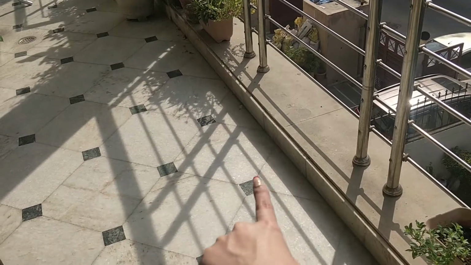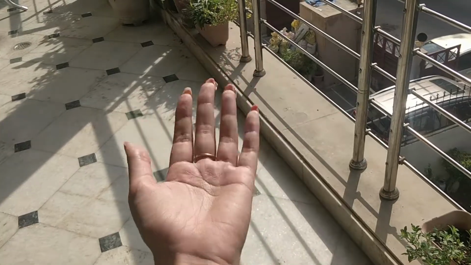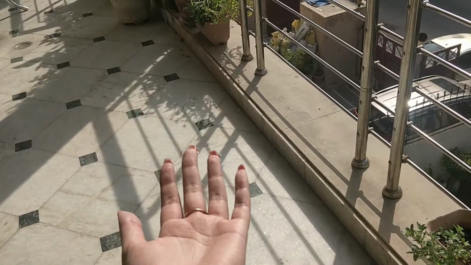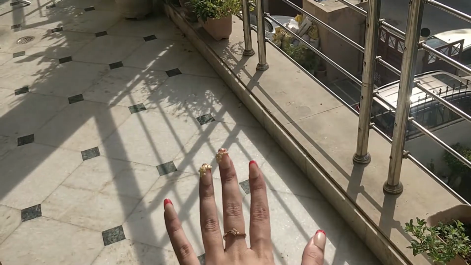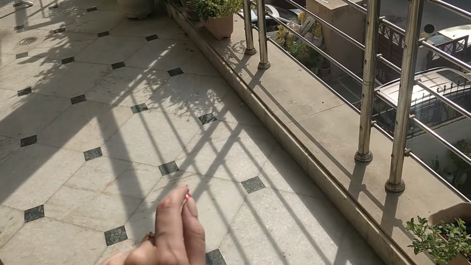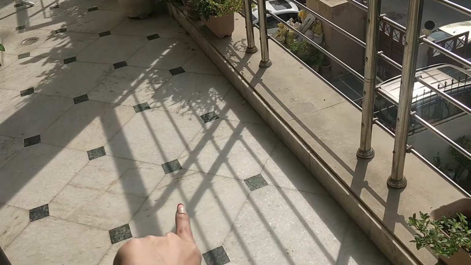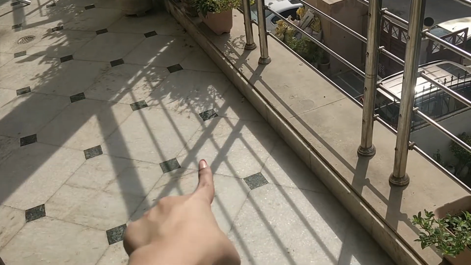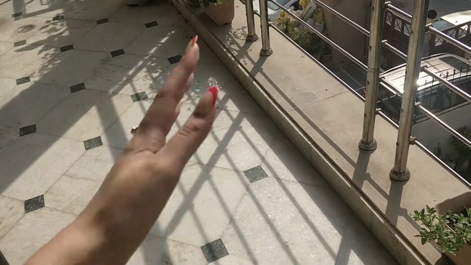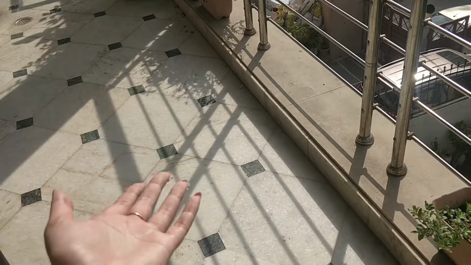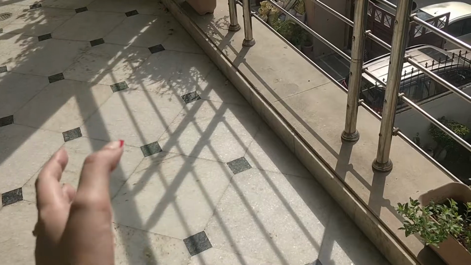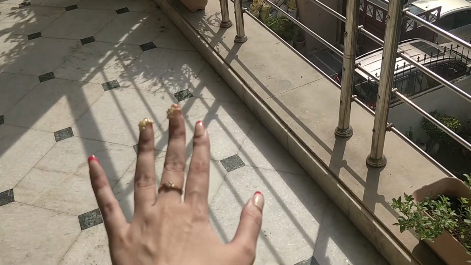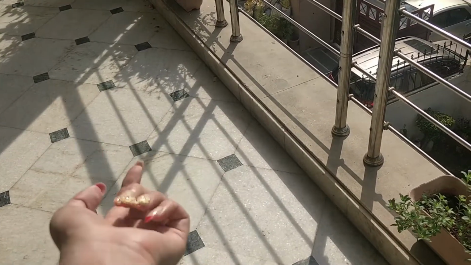So the very first spot is my balcony. I have talked about having natural light in your photos a lot number of times. So the very first spot that I prefer is my balcony. But as you can see at this point of time, there are a lot of shadows here. So I do not click pictures at this kind of time, but usually in early morning or late evenings there are no shadows here. So that is the time when I prefer to click pictures in my balcony.